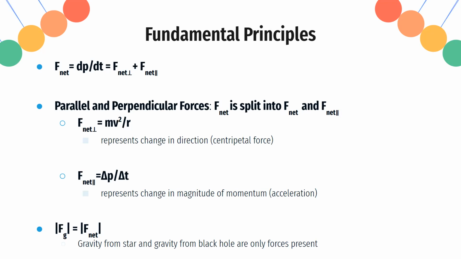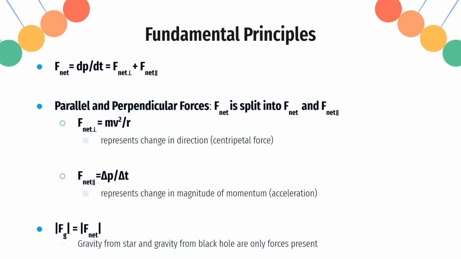So we also know that the net force acting on an object is equal to the change of momentum, and we can actually split this net force into the perpendicular component and the parallel component. The perpendicular component represents the change in direction of the object and can also be thought of as a centripetal force in circular motion, and that's equal to mv squared over r. The parallel force, however, determines the change in magnitude of momentum. So this directly affects the acceleration, and that's equal to change in